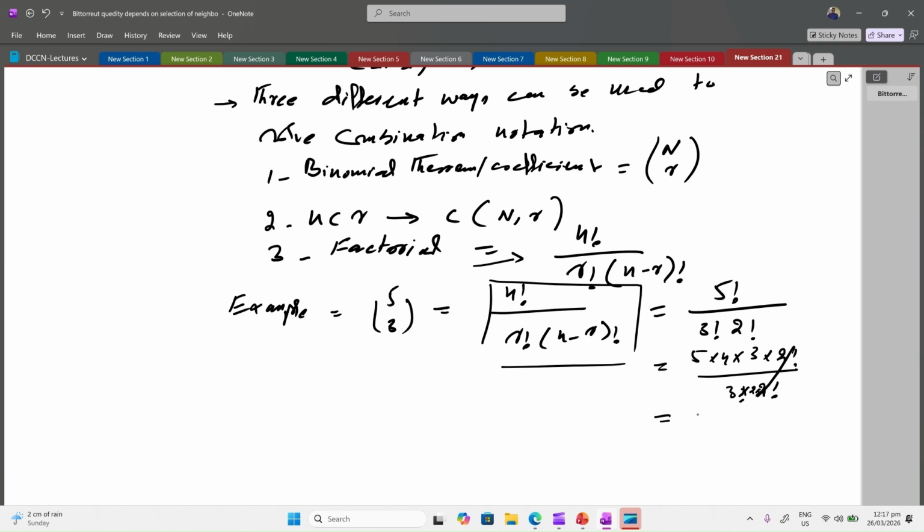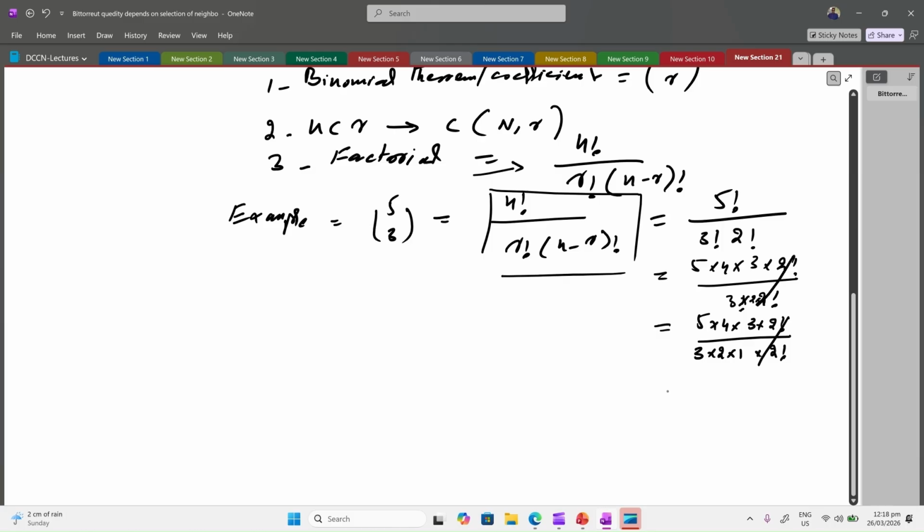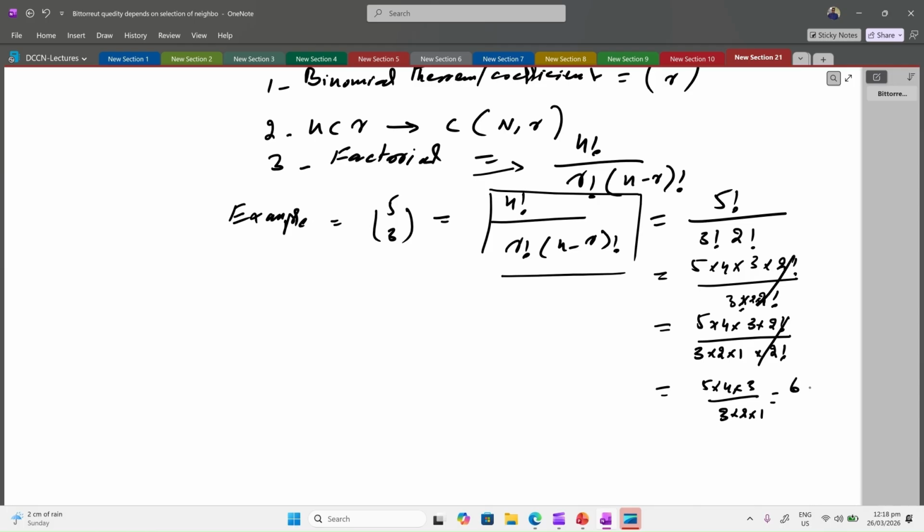Yes, right, so I'm writing 5 factorial is 5 into 4 into 3 into 2 factorial, right? And 3 factorial is 3 into 2 into 1, and into 2 factorial. So 2 factorial will be cancelled out, right? So this is 5 into 4 into 3 divided by 3 into 2 into 1. Tell me, what is this? 60 divided by